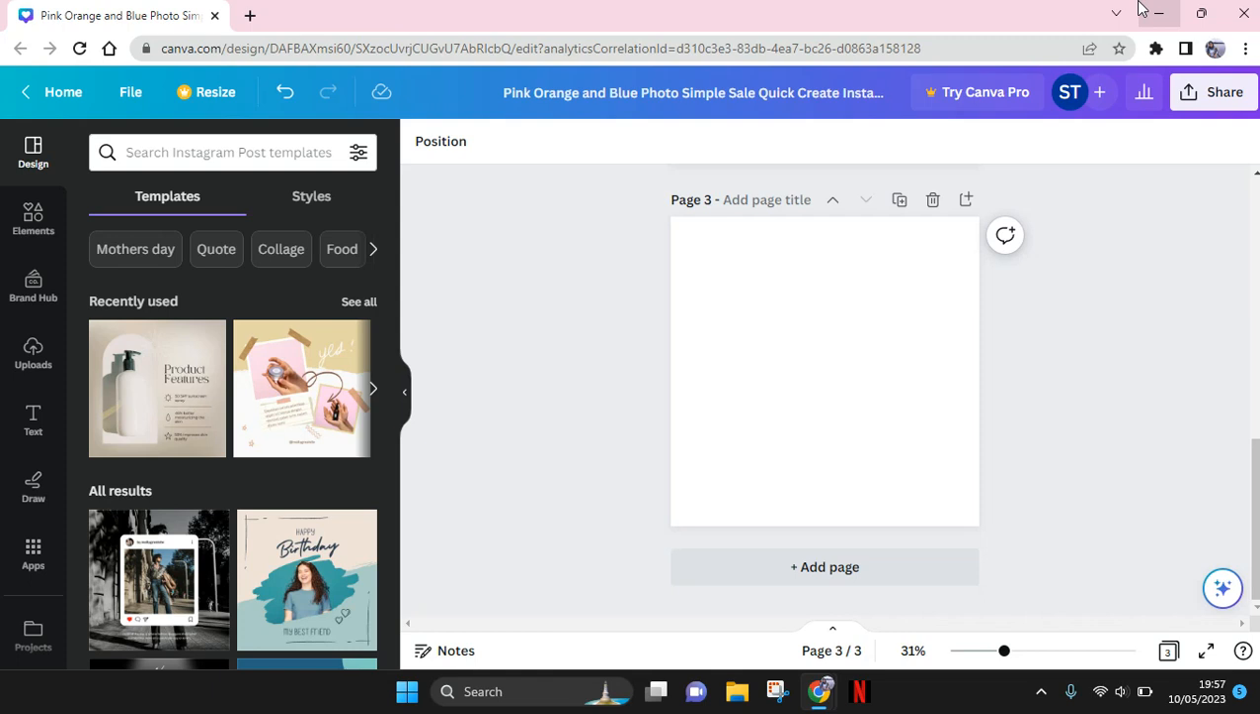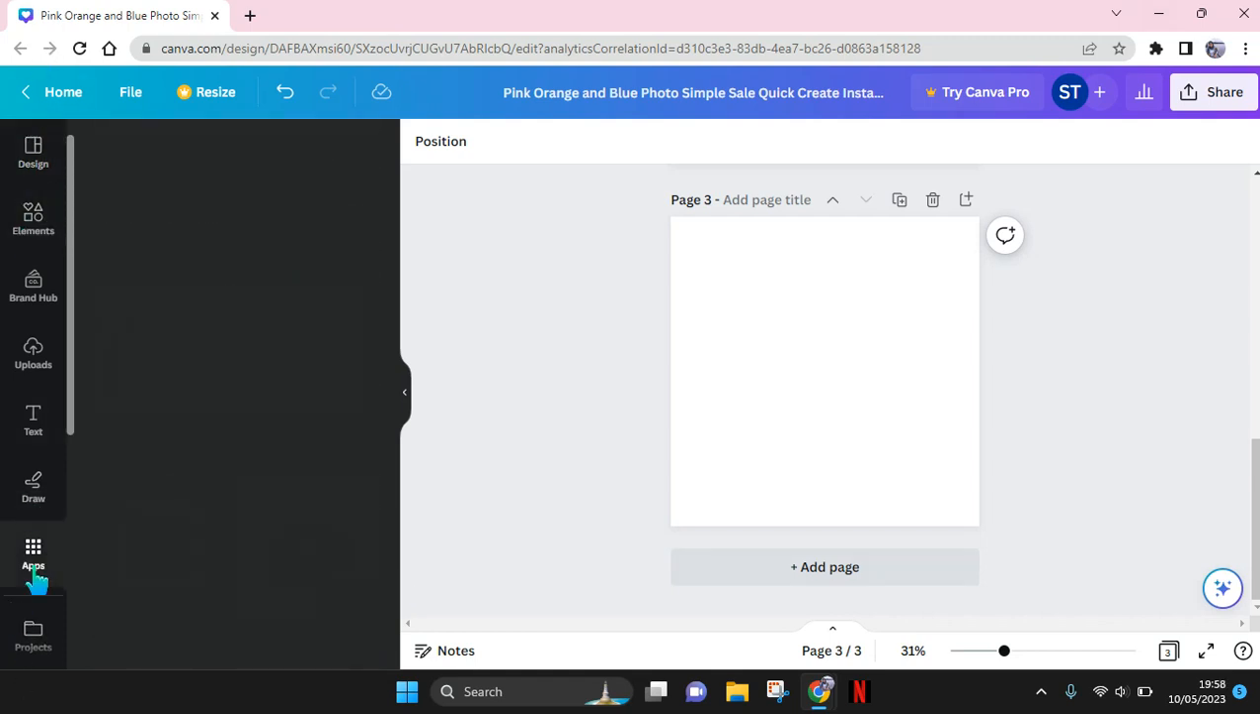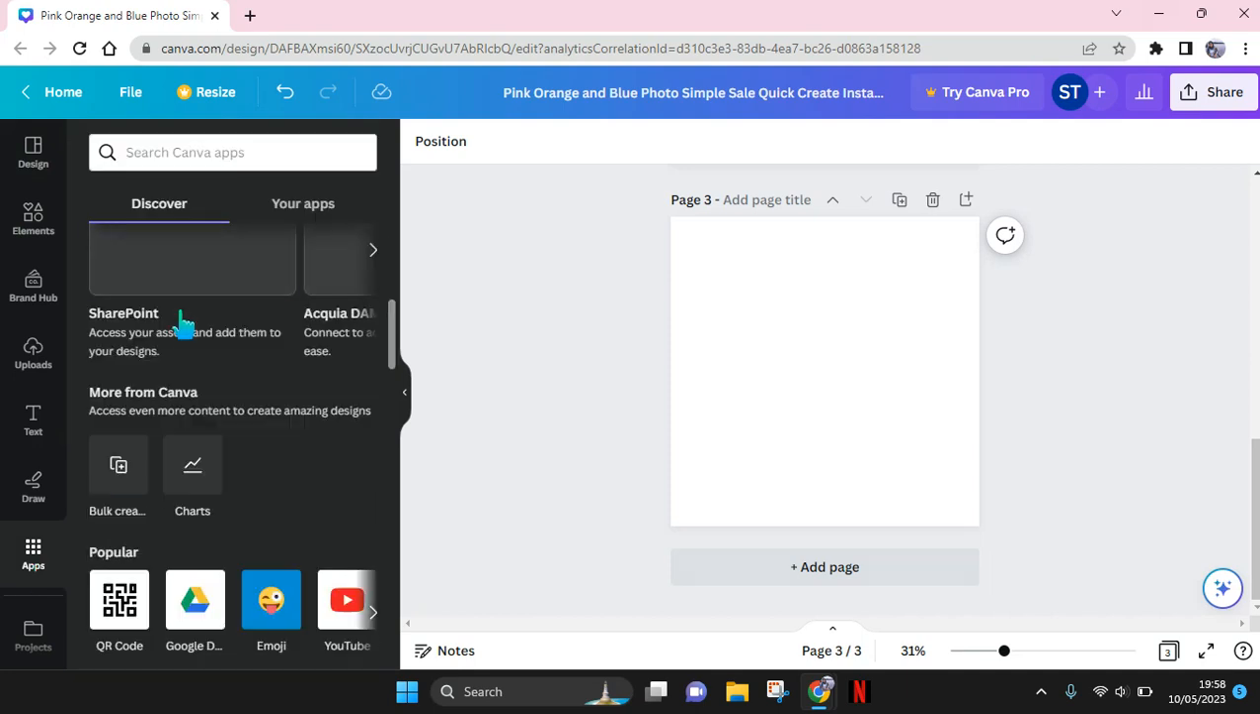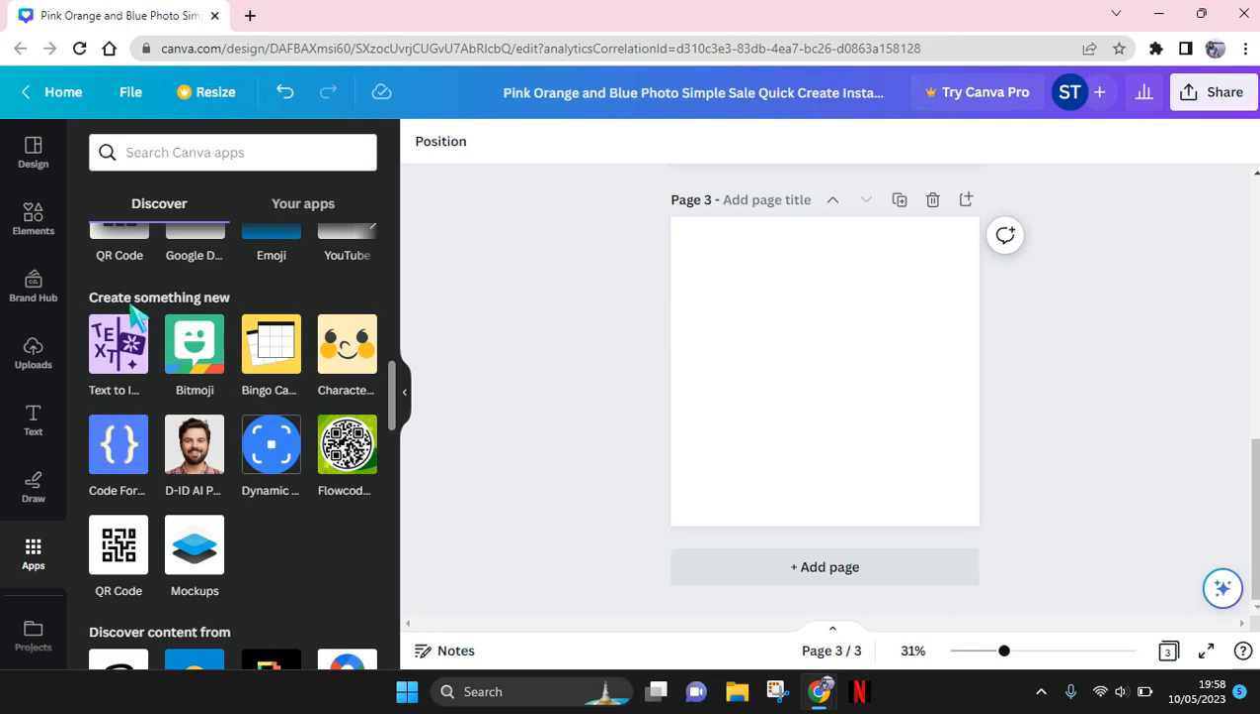So on today's tutorial, I'm gonna show you how you can easily create a bingo card simple game on Canva. So here I've already opened a blank design on Canva, and to find the bingo card feature you need to go to apps menu at the left panel in here, and then you need to scroll down until you find the create something new, and then you'll find the bingo card feature. So just click on this,